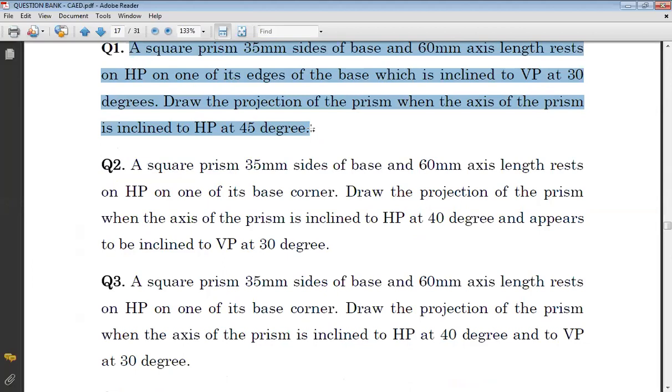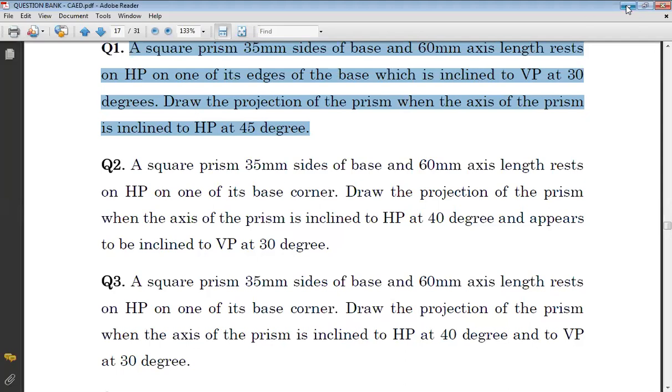So square prism, edge condition: the edge of the base is inclined to VP at 30 degrees. Whichever edge is the resting edge, that is inclined to VP at 30 degrees. So here the edge is inclined to VP at 30 degrees, not the axis. So be careful, the edge has to be inclined. So this is a square prism.